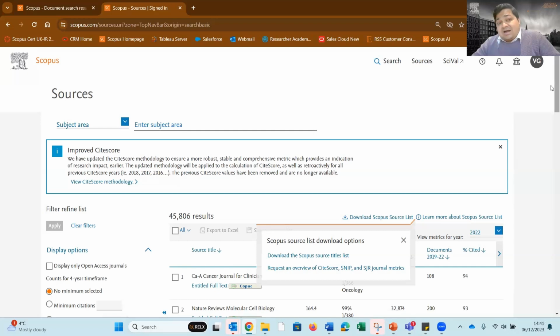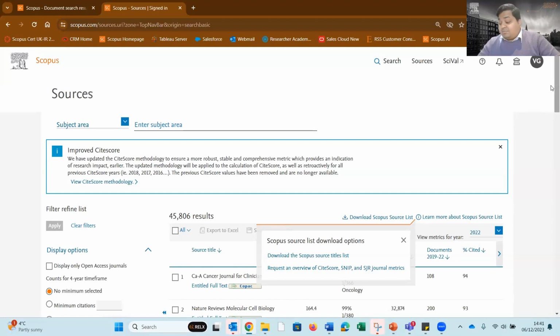Then you also looked at how you can analyze research trends. You can look at the document search, do an analysis, look at whether a topic is trending or not, find out relevant collaborators in that area, and also look at the hot topics in that field,